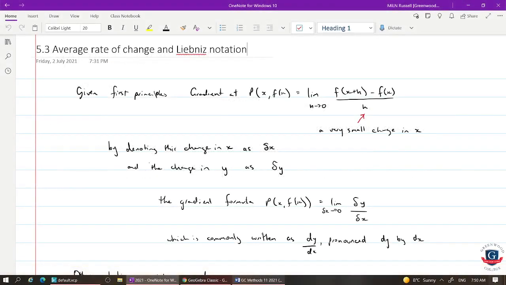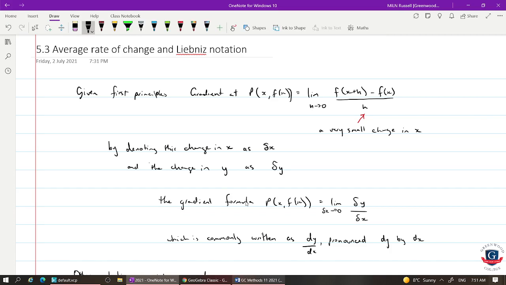Hi everybody, today we're going to look at average rate of change and a bit about Leibniz notation. Leibniz being one of the two founders of the whole calculus idea, Newton being the other one. So, given first principles, the gradient at a point, and I'm missing a bracket there, so let me add it in,